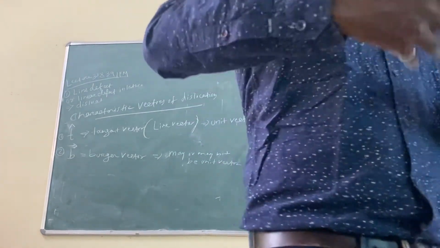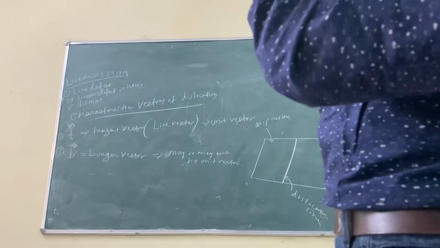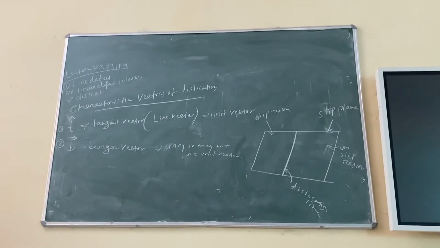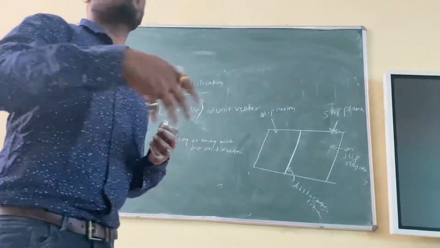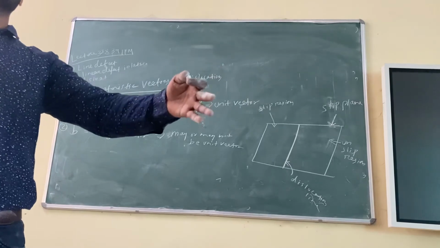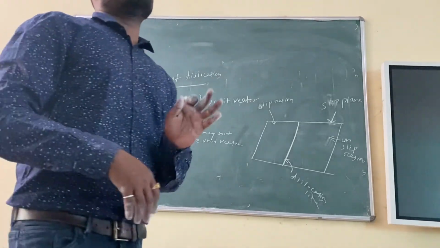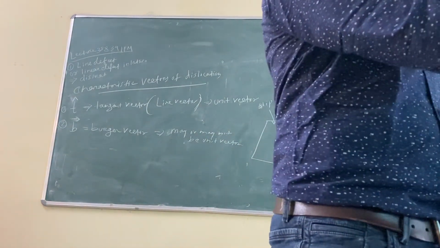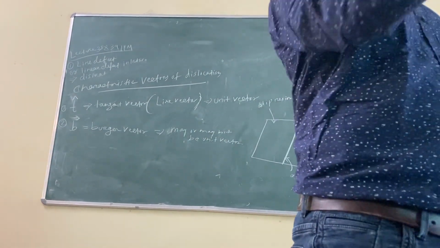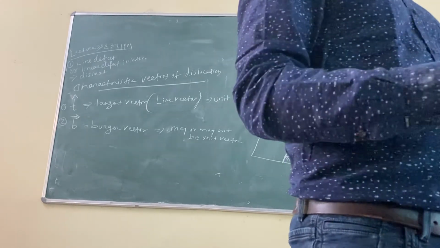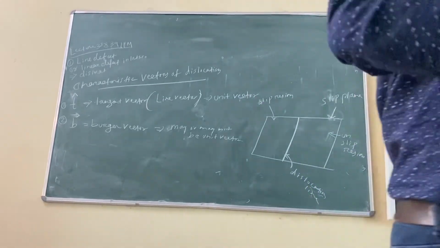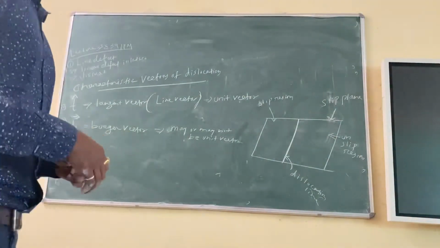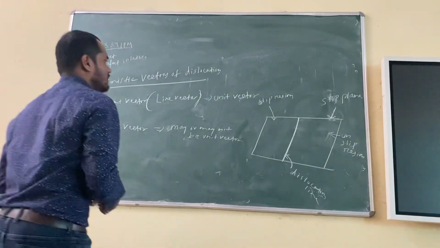In a real situation, you cannot see a dislocation. You can see the line which will be moving. I'll show you the videos. I have very good videos. I will show you how plastic deformation is happening, how this dislocation line is moving. That can be seen only through a transmission electron microscope. You need very high resolution. Can we see atoms? We can see atoms only by using a high resolution transmission electron microscope. That costs nearly 10 crores to install. Those are in IITs only, like IIT Bangalore.